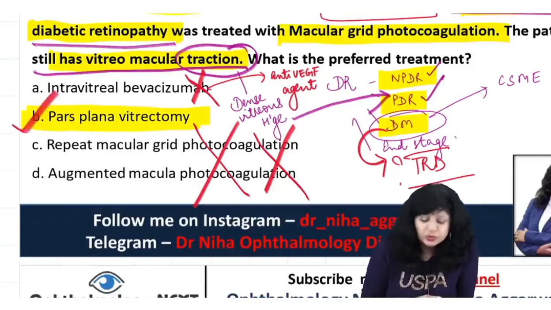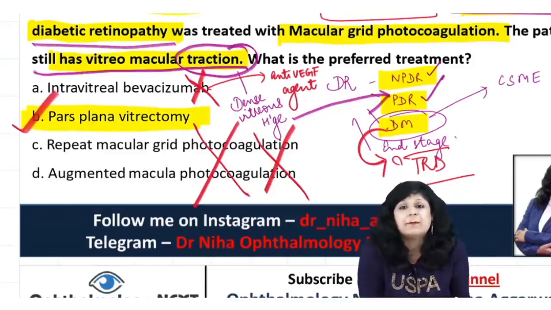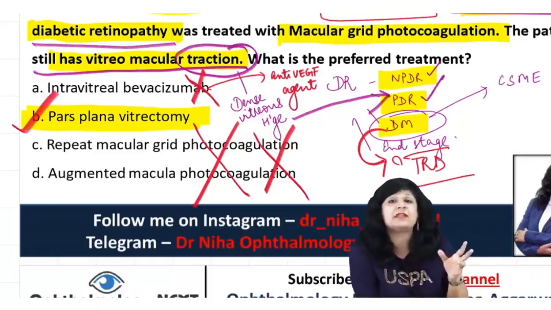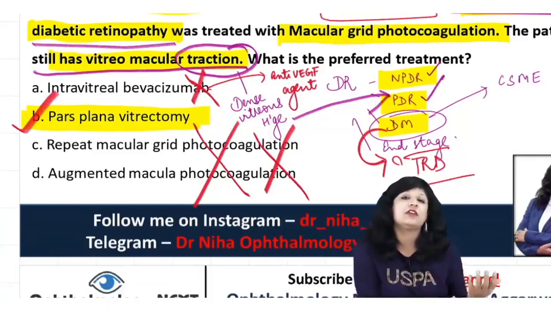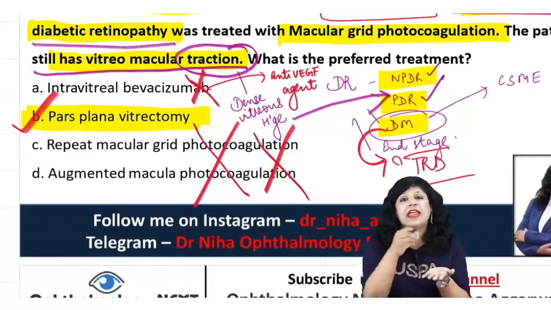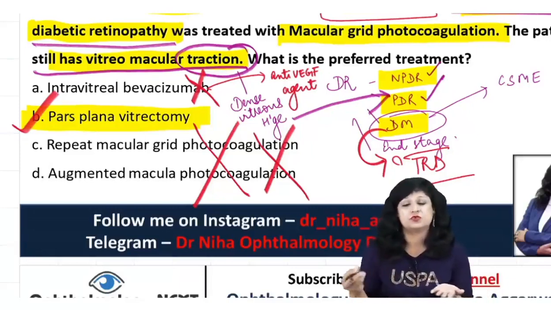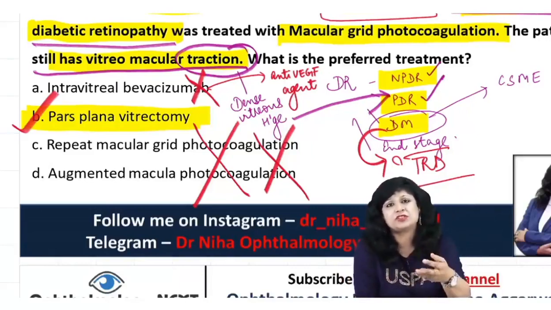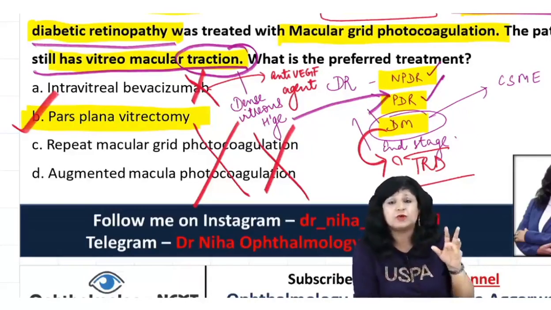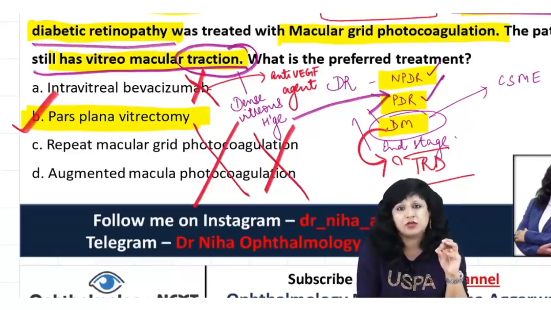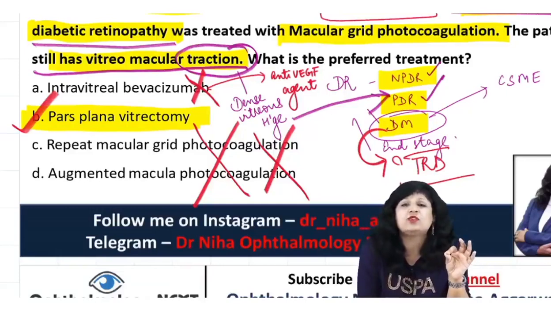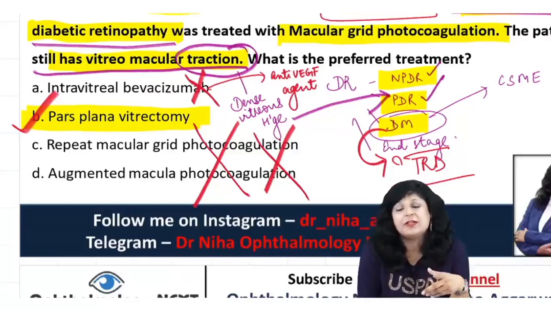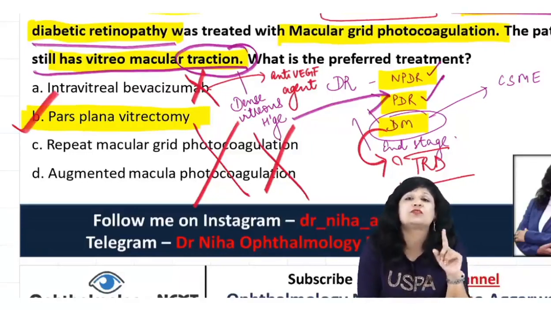I will tell you directly also why pars plana vitrectomy is required, but I always follow this approach for solving MCQs, because at your level there may be some options in the questions that you are not very familiar with. That does not mean that you keep on adding new things in your notebooks. You should learn the art or skill of solving questions from the available knowledge that you have. Most of the time you have the knowledge from which you can solve the question, and you don't have to add new things, because next time the question comes, you don't know what new information they will give. So you should learn how to solve the question from the available knowledge.